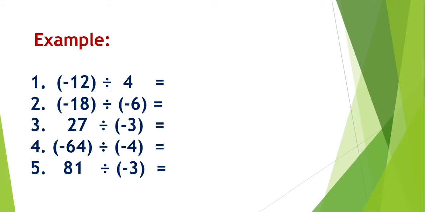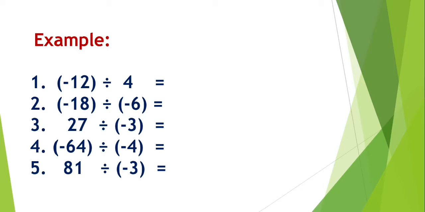Now let's see some examples of how we have to do the divisions. The division rule is the same as you studied in earlier classes. That is how we have to do the divisions, except that we have to place the symbol, whether it is a positive integer or a negative integer. Those concepts will be discussed here. We already discussed that, so we have to use that concept here.